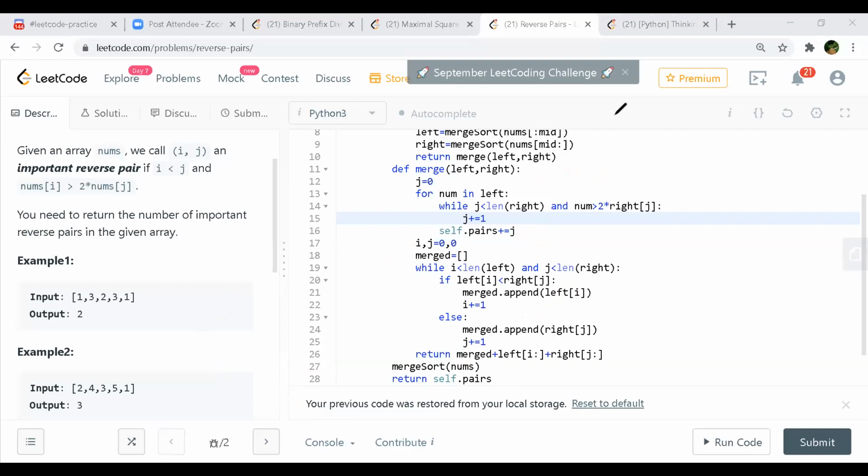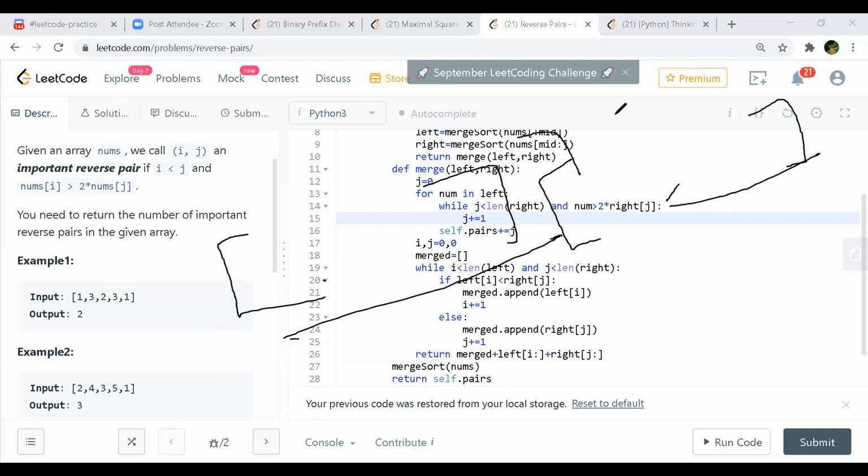So we have this left array and also the right array. Right now you're taking the left element and seeing how many of them satisfy on the right side, right? What I'm telling is line number 14. This left array is already sorted, right?